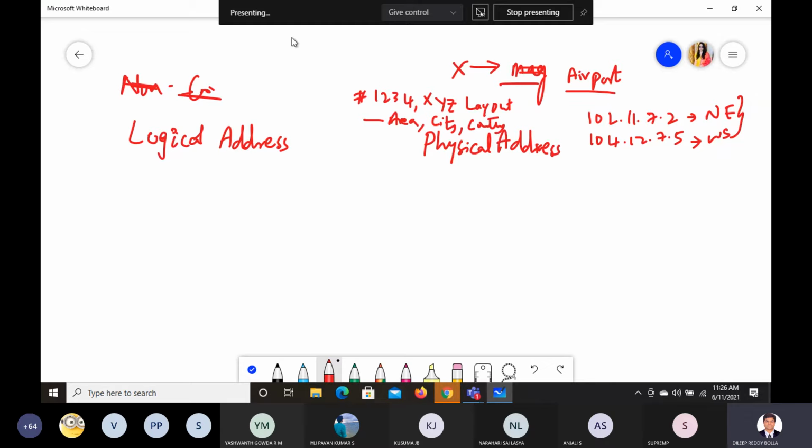Other people will tell you to go straight, take left, turn right, and take left again. Go straight for 20 meters, take left for 40 meters, and again go straight for 20 meters. Some others will tell you to go to Hebbal and then travel straight, and you will get the airport. So which one is what here? Are all these addresses or something different?